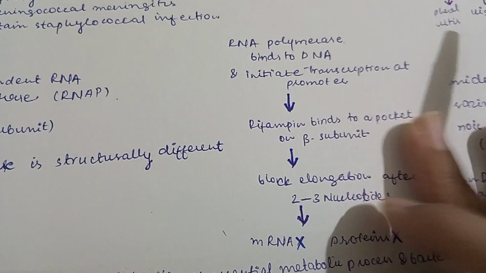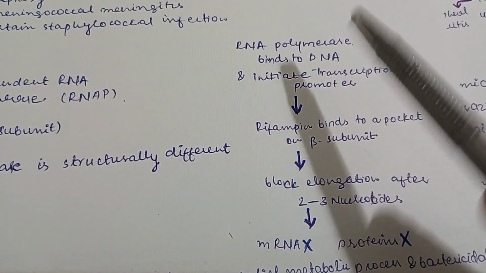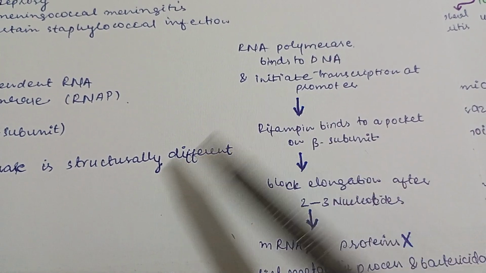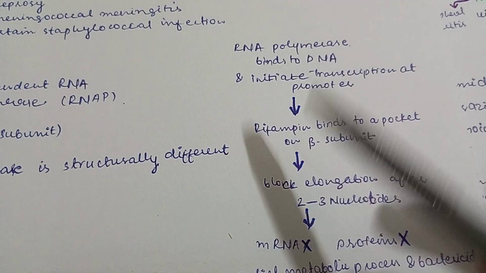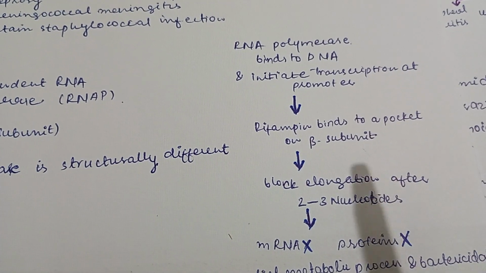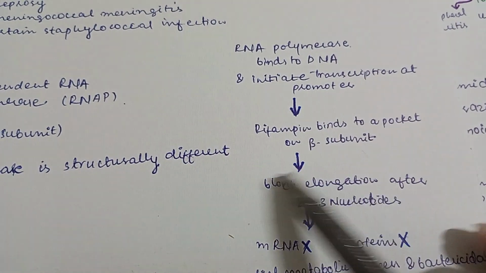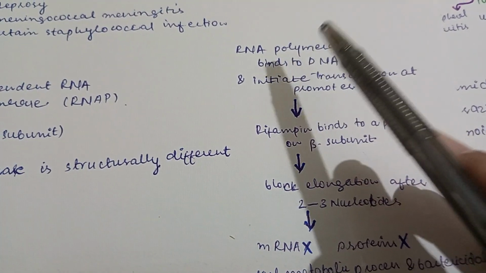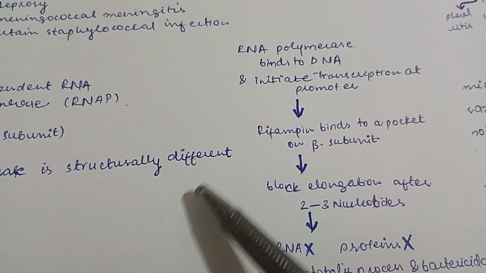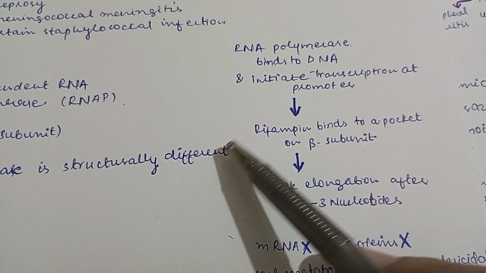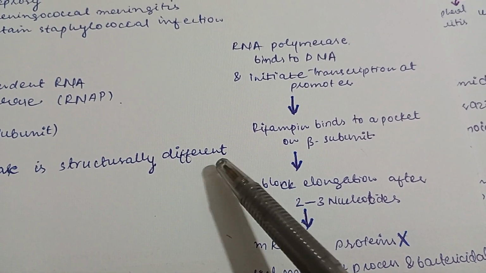So let's deal with this in detail. The RNA polymerase of the bacteria binds to the DNA of the bacteria and initiates transcription at the promoter site. This drug is going to bind to a pocket on the beta subunit of the same enzyme, and this pocket is actually near the site where transcription is occurring, and 2 to 3